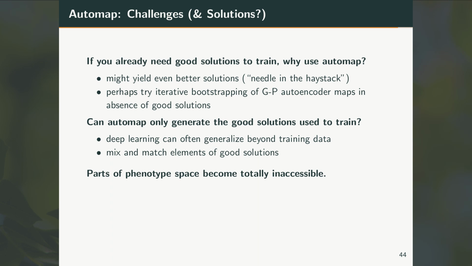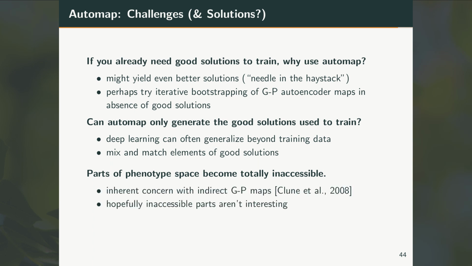Another concern is that with an indirect genotype-phenotype map, parts of the phenotype space become totally inaccessible. This is an inherent concern with indirect genotype-phenotype maps, and the point here is that hopefully the parts of the phenotype space that you don't have a corresponding genotype for aren't the interesting parts, so you're just getting to exclude them from your search for free. And we might be able to address this by using something like the hybrid approach that was proposed by